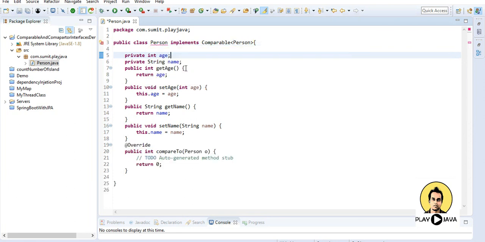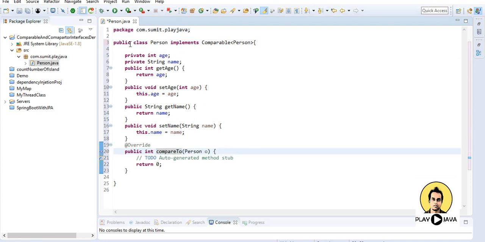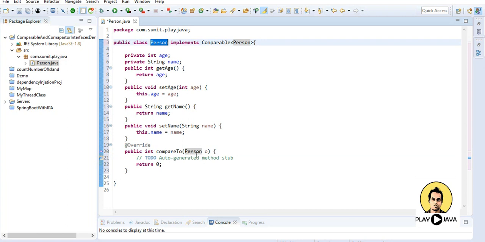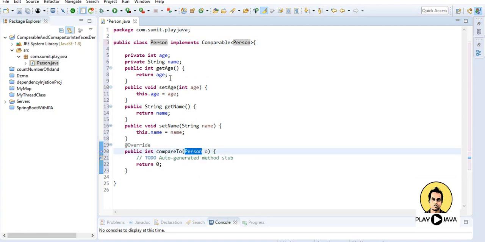and also provide the unimplemented method, that is the compareTo method. This is the compareTo method, as it compares to this class only, that is whatever person I am passing from another source, it will just compare to the data of this Person class only. So it doesn't take two arguments, it takes only one argument, that is the person which I am passing, and the other person is the object of this class.